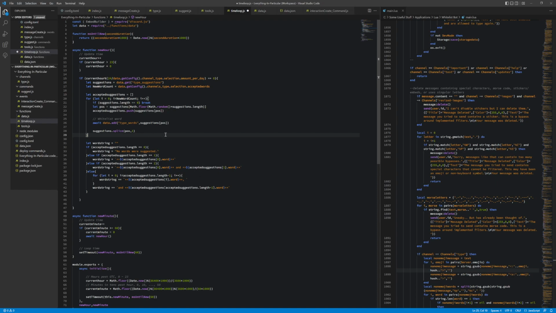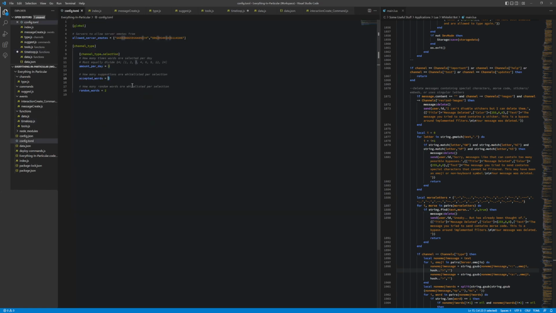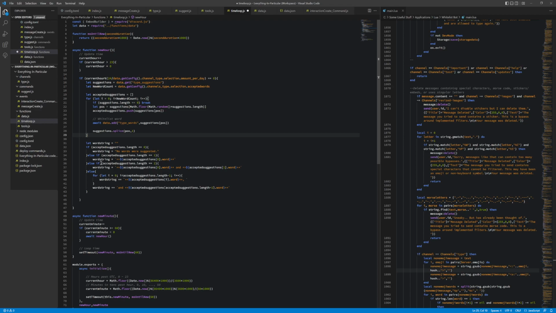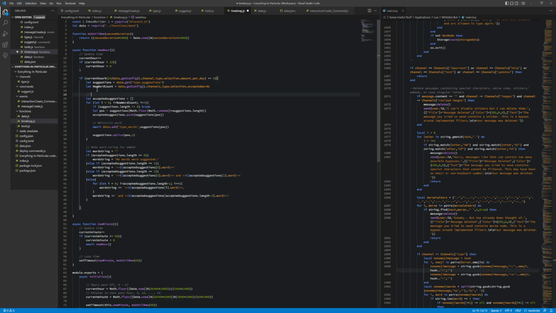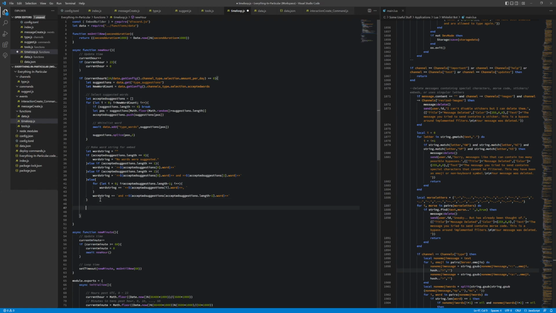This should work for any amount of words. So our config, if we change this, should be able to accept as many as needed. All we have to do is like kind of label it. So make word string for embed. Right here we are actually selecting suggested words, or select suggested words. And then at the end, we can do a little bit of